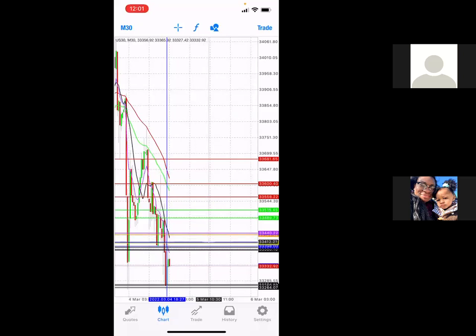The only reason I wouldn't take that trade is because this is an orange line and that's 4 hours. So if it passes this orange line, I'm probably pretty good that it'll blow past these 15 minutes. So I will probably wait till it got past this purple because that's 42 to 89. That's another 45 pips or whatever the case may be. And that just depends on your trading style, how aggressive you like to trade.